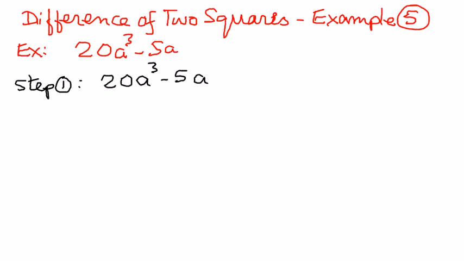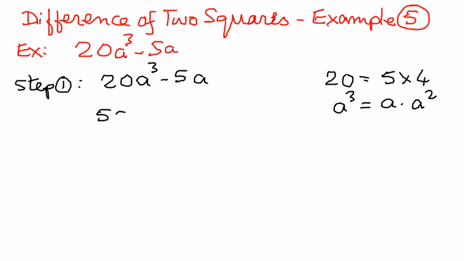So 20 I can write as 5 times 4, and a cubed I can write as a times a squared, right? Therefore, if I pull out 5a as common, then I can write this one as 4a squared